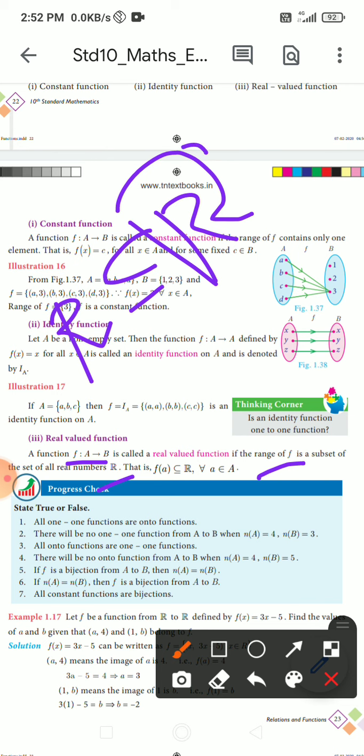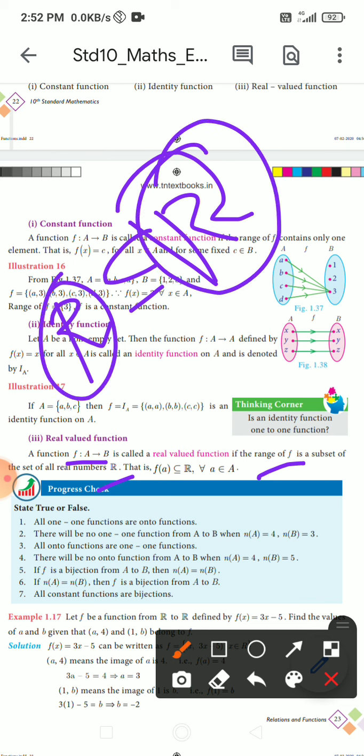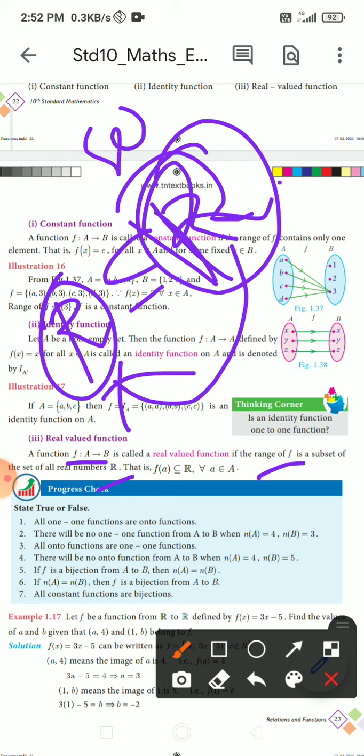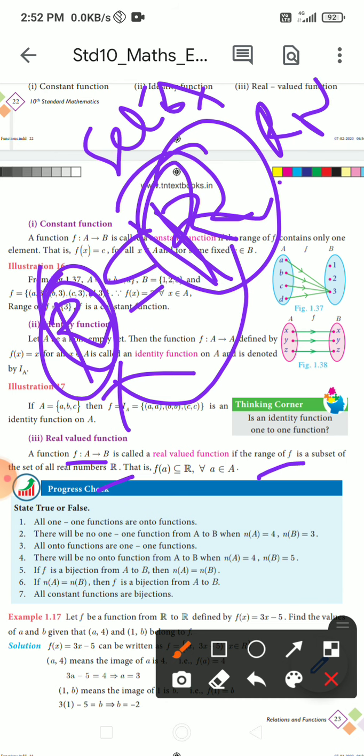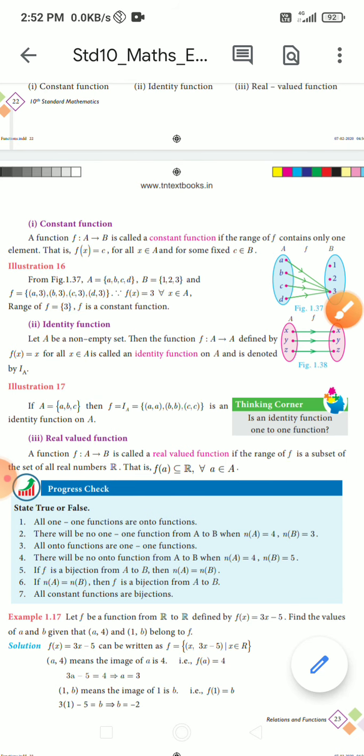Okay, observe this letter carefully. Because we are using the same letter for the set of real numbers and for range, we may have confusion. That's why we use a bold letter for the set of real numbers. The range of f is a subset of the set of all real numbers.